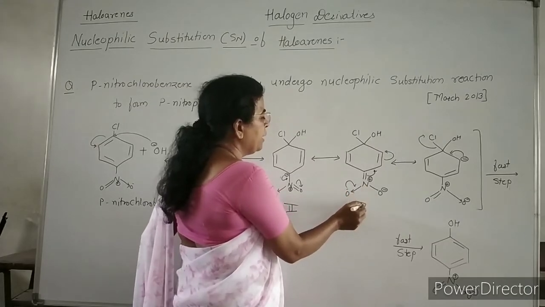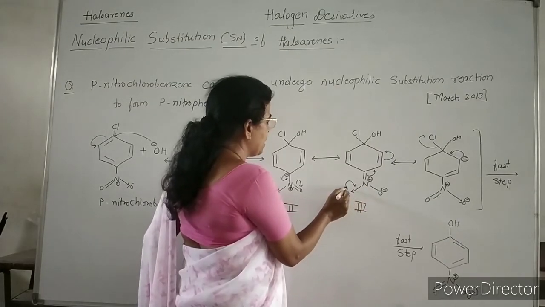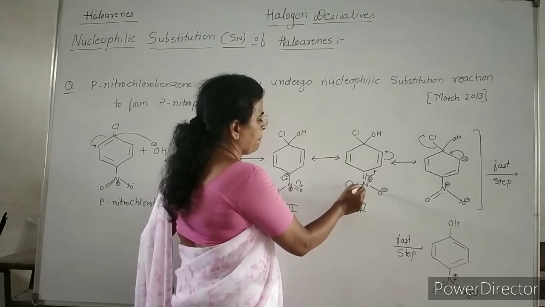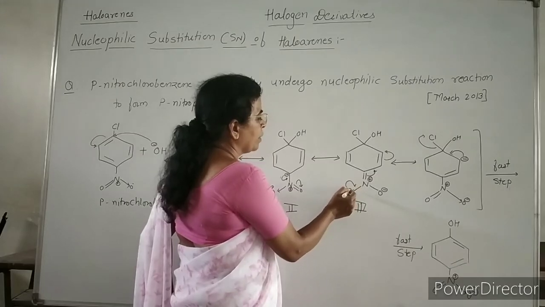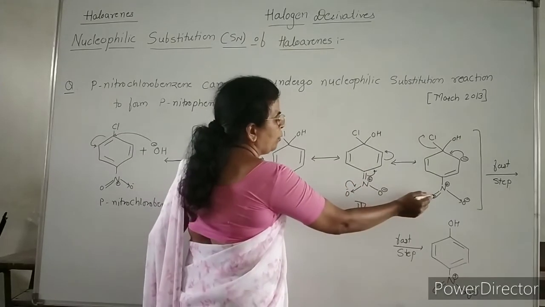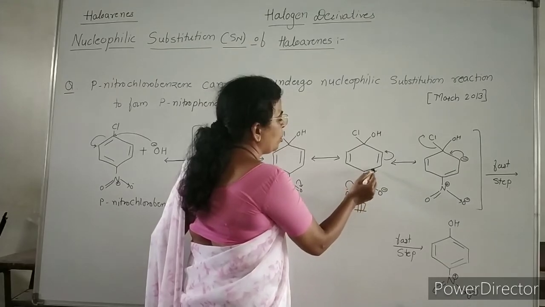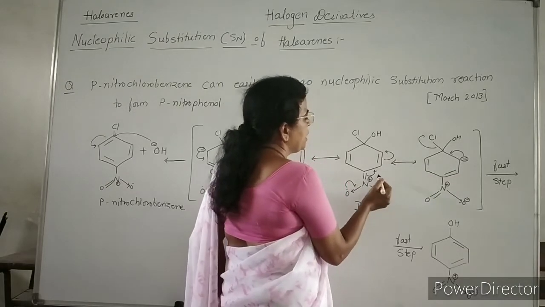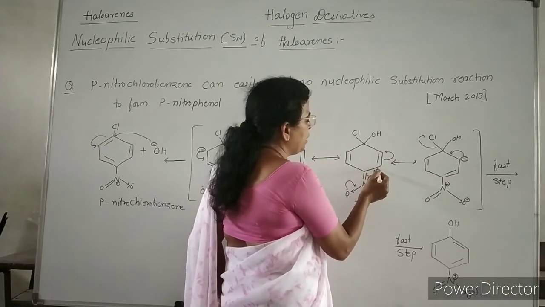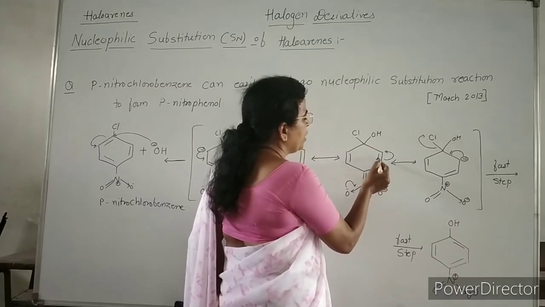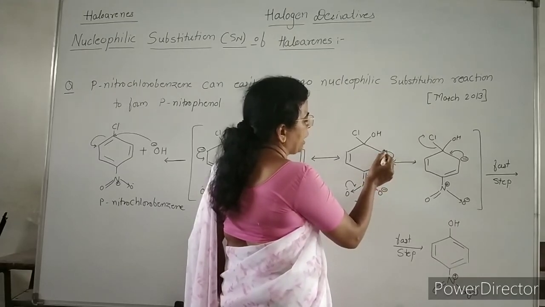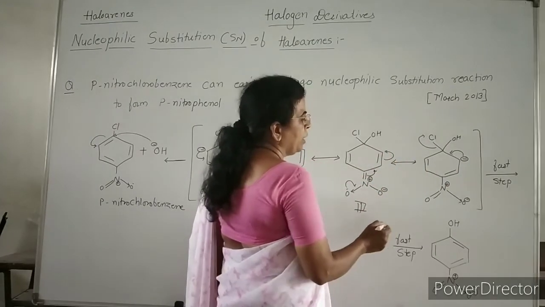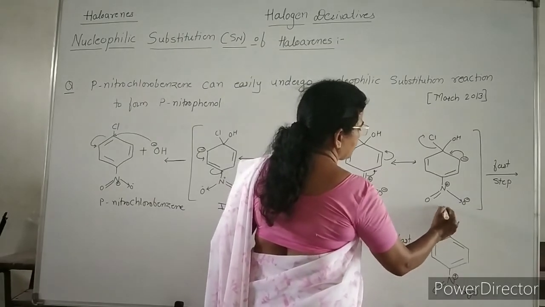And then in the third structure, again this electron pair from this oxygen atom gets shifted in between this nitrogen and oxygen atom. Then a double bond is formed and these pi electrons get shifted in between these two carbon atoms, and a double bond is formed. Then when this electron pair gets shifted in between these two carbon atoms, the pi electrons get shifted onto the ortho carbon atom, and the negative charge is obtained at the ortho carbon atom. Then we get this fourth structure.